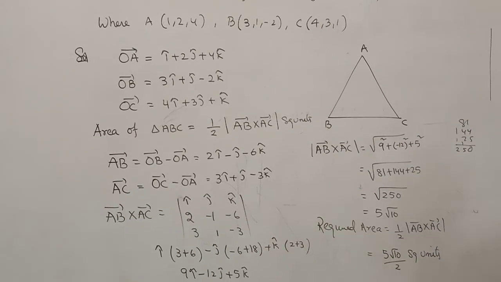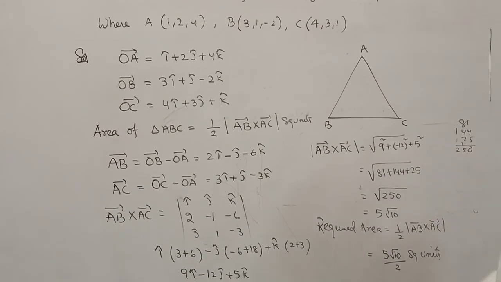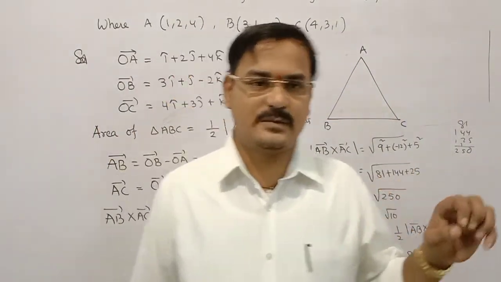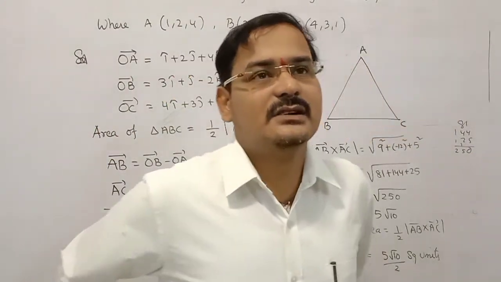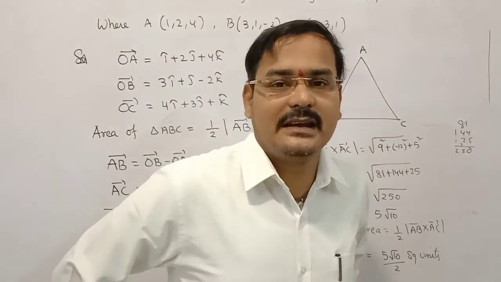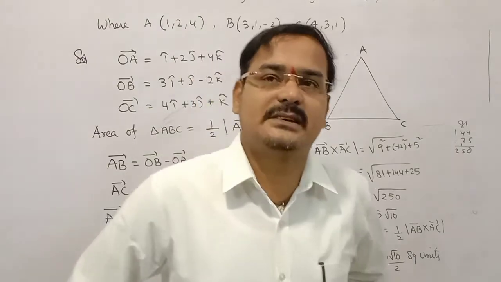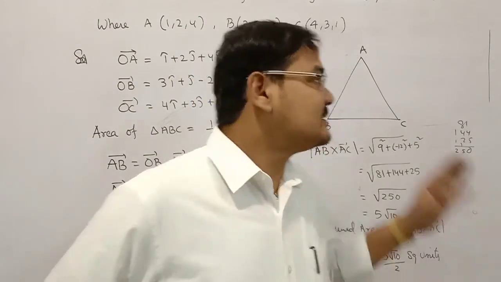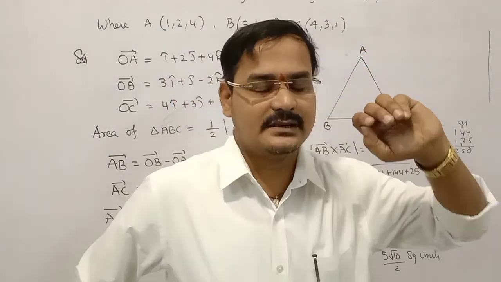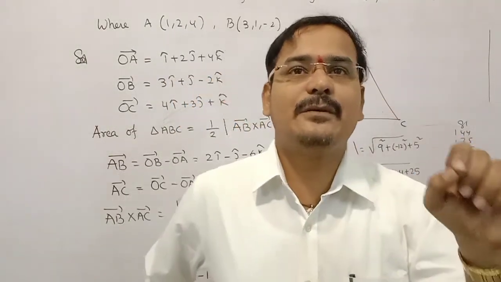Okay. Again I repeat, see that this is also a very important question of the trust. Third main, fourth main and fifth main, three types of questions are asked. So what is the question that is given? Find the area of the triangle whose vertices are given, ABC. Vertices are not mentioned here, but you consider them vertices because it is given as triangle ABC. So A point, B point, C point are given.